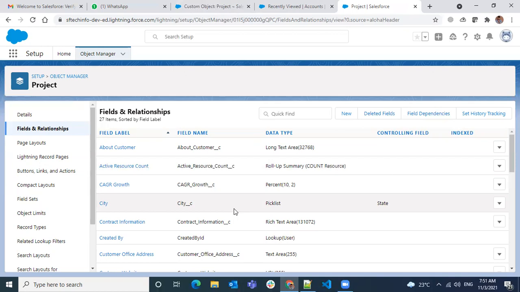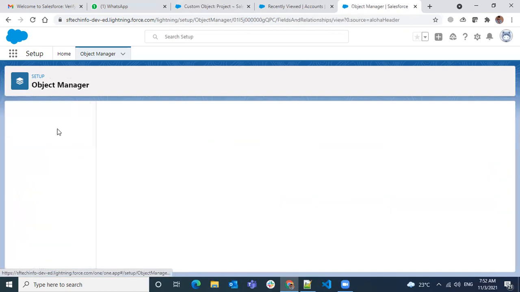Only the old orgs are using Classic, but most of the new orgs or projects, if you newly get enhancements, most of them are in Lightning. So I was focusing more on the Lightning part only. The Classic part you can also do once you know everything. There's nothing hard there. Okay, any questions? Okay, so we have seen the details, we know fields and relationships.